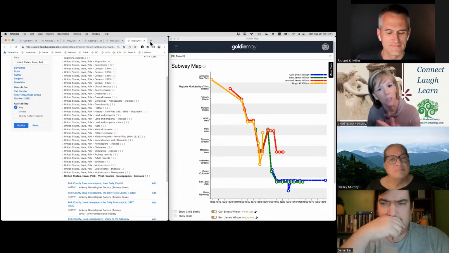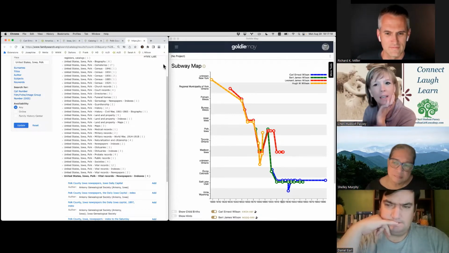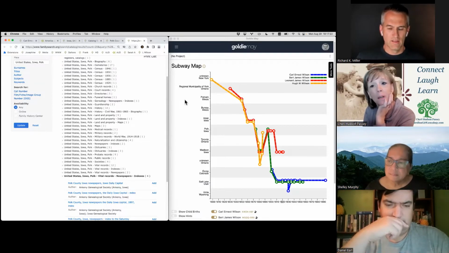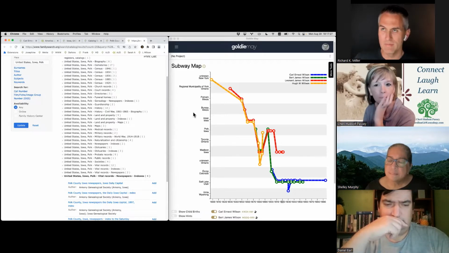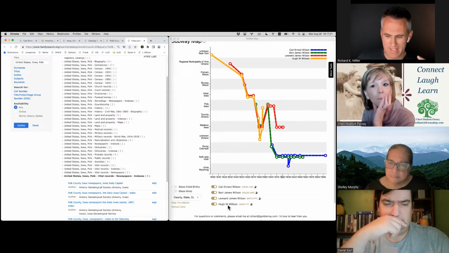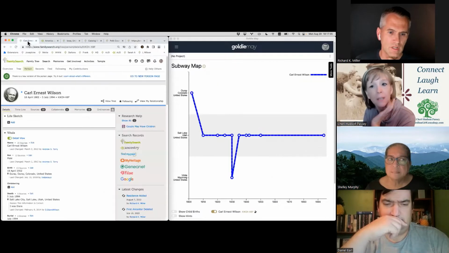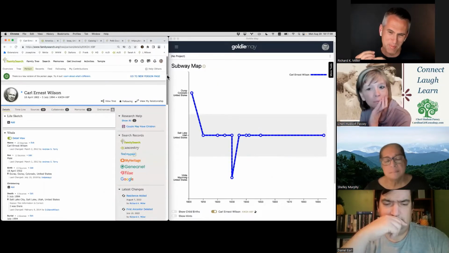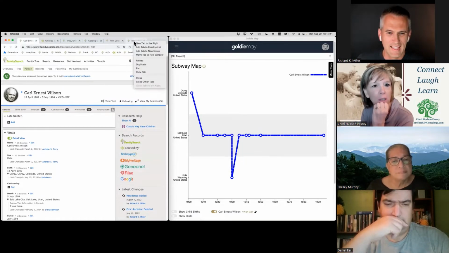Now, as you're going through all this, is it saving it so you can go back and see what it is you looked at? Like, can you go back and capture? That's where it is on the Family Search Wiki, or? This is the subway map, it's more dynamic. It's not remembering who we've opened so far, unless I start a project. So I could start a project for Carl and then save certain people to it, and it'll kind of stay locked in on that. It will save it. Yeah, that's really cool.